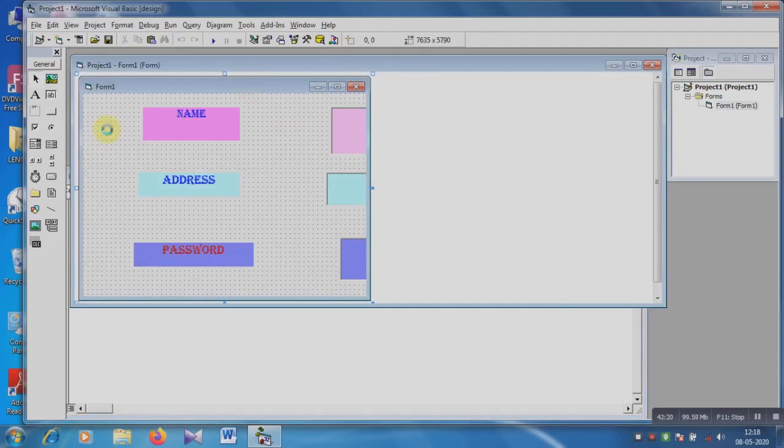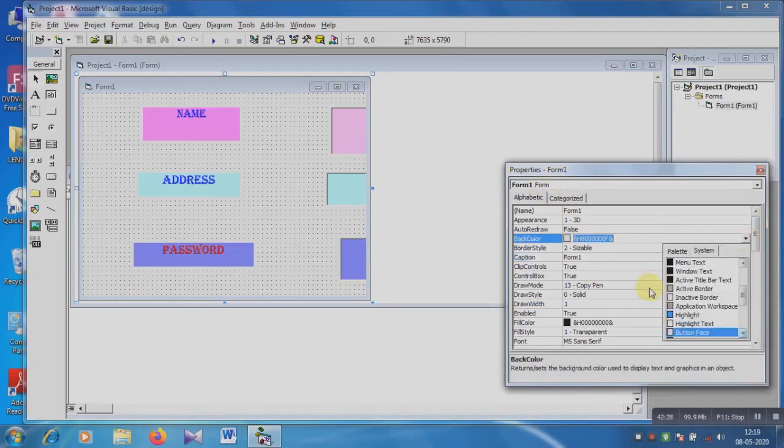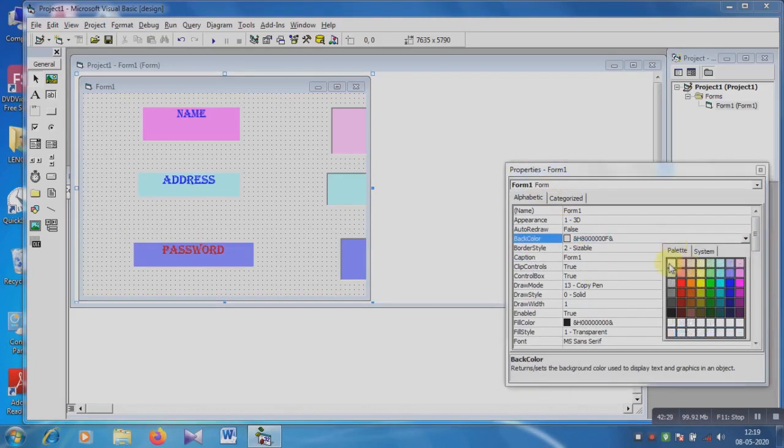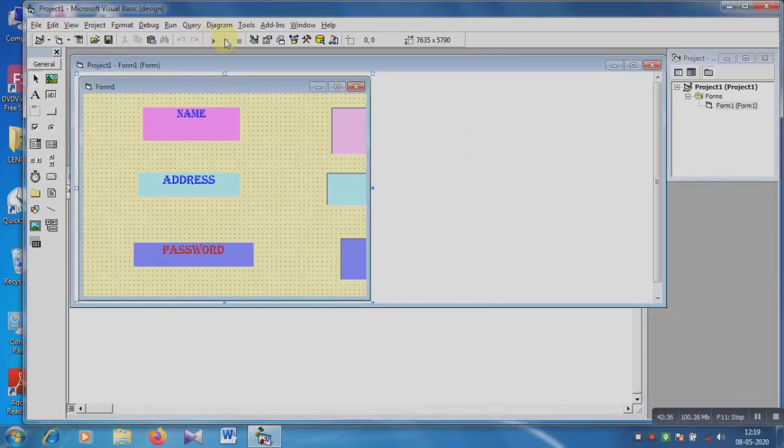Okay, and if you choose the form background color, then you can click the property window. This is the form property, and choose the background color, palette, and then suppose I am choosing the yellow color. See, this is the form background color you can choose, and then run again.